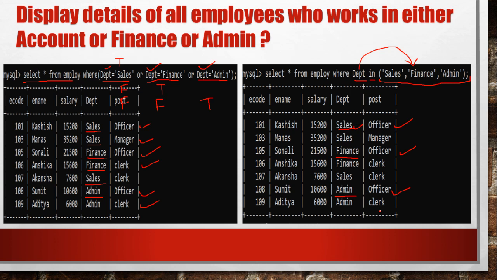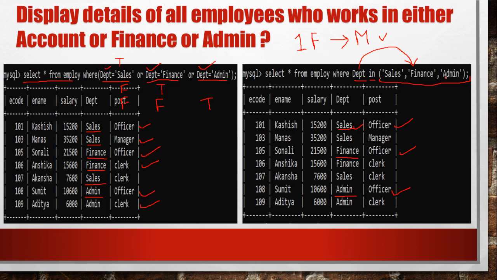Okay, so I hope it is clear to you that when you want to compare the value of a single field with multiple values, in that case you can use this format. When you compare a single field with multiple values, either you can write it like this, but this may be very long because you have to specify the field name every time, but by using the in clause we specify the field name just once, and then after the in clause we simply specify the list